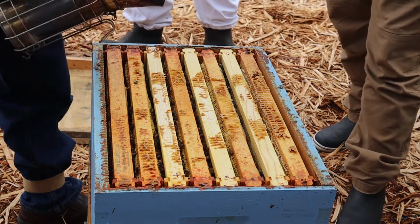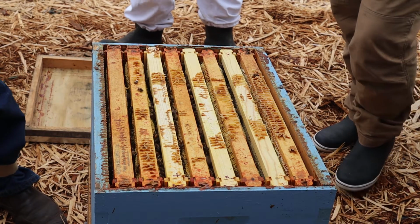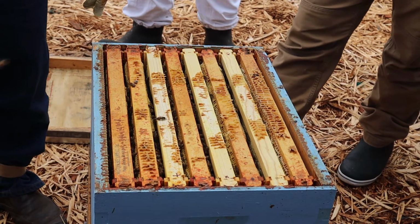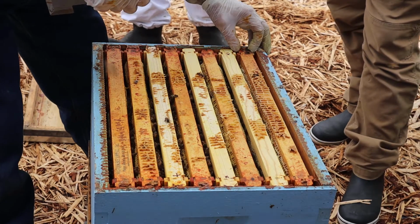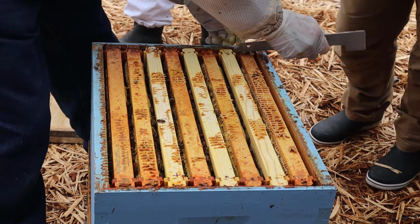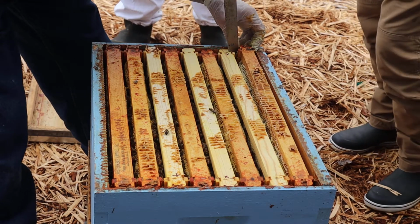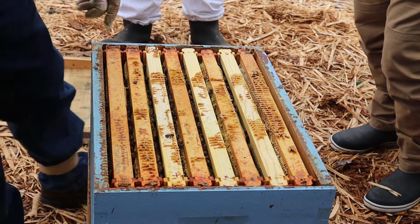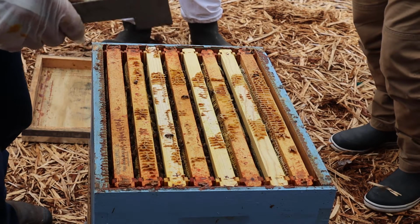You may not even need a queen excluder. If you've got a wall of honey, honey is a queen excluder in itself. Like I was saying, with a wall of honey, the queen is not going to pass through it. There's no reason for her to be in it. Oliver is pretty explicit about using queen excluders. Well, that works for Randy. That's fine. If he wants to use queen excluders in his operation and it helps him be efficient, most